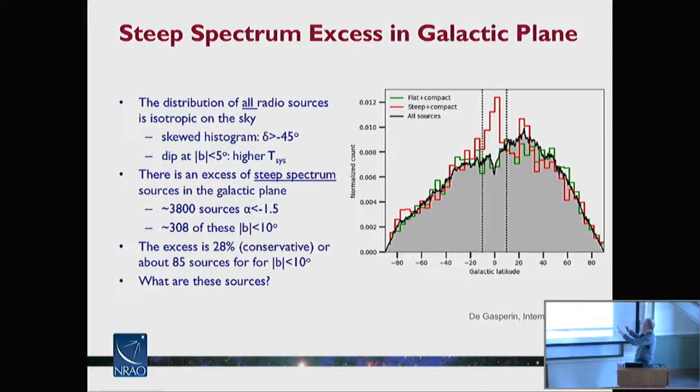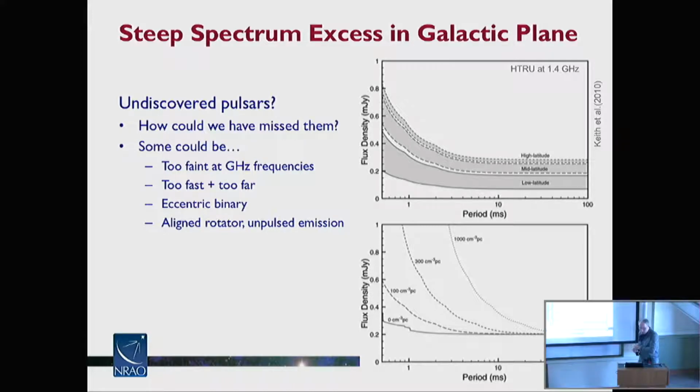Well, no, we've taken out the known pulsars. But there is also this curious excess of objects in the plane: steep spectrum, not previously known as pulsars. And the challenge for this is really quite interesting. What can they be? Because the state-of-the-art surveys of the galactic plane that are going on right now are highlighted here. Typically, the brightness of these things is on the order of 1 millijansky. So over a range of large periods, they could actually have been easily detected by the current state-of-the-art radio surveys doing blind surveys of the galactic plane. But they've missed them somehow.